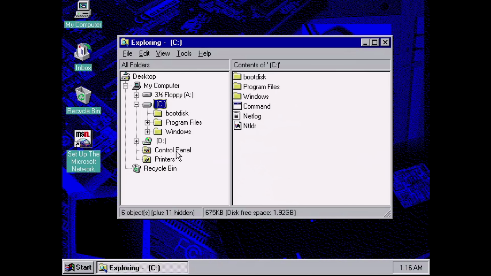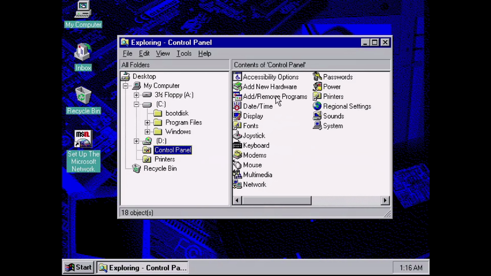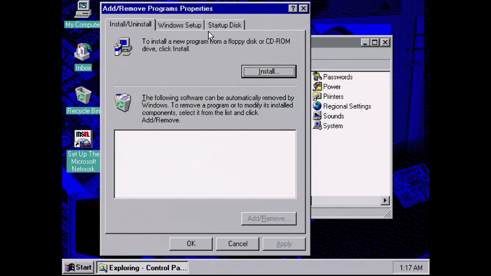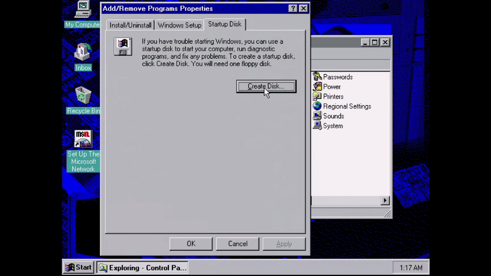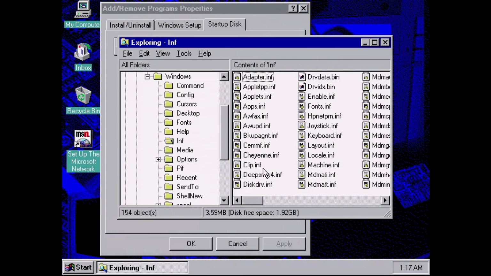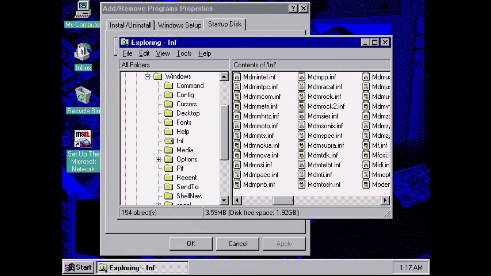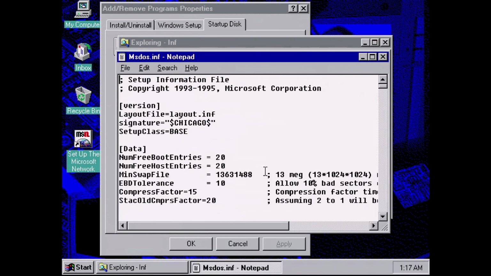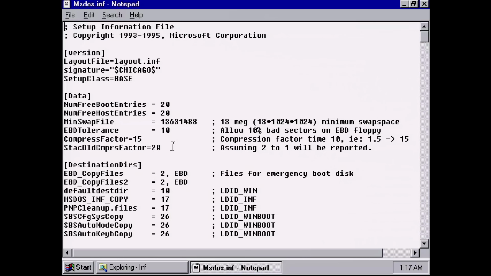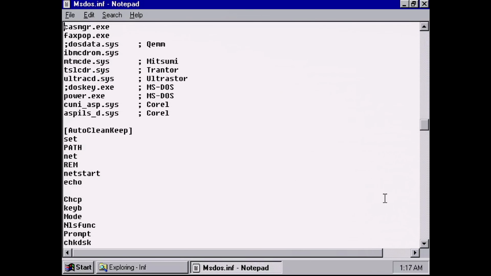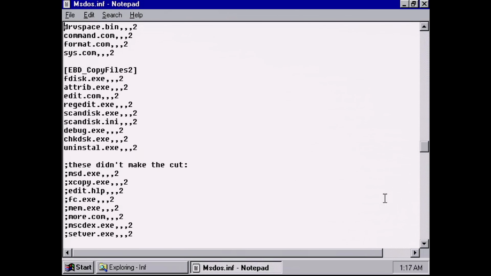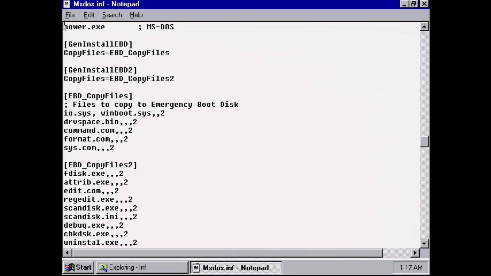If you look hard enough, you can find unused leftovers in final Windows releases, including a few lines in MSDOS.INF, a text file located in WINDOWS.INF. Say you wanted to create an emergency boot disk in Windows 95 under Add Remove Programs. This disk doesn't supply any CD-ROM drivers, which you'll most likely need to reinstall Windows 95, but if you scroll